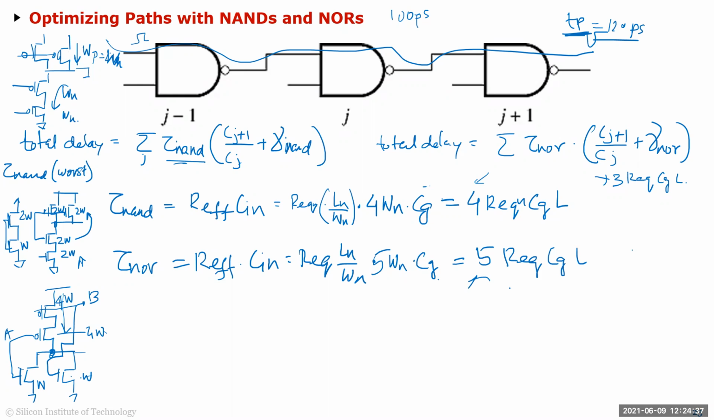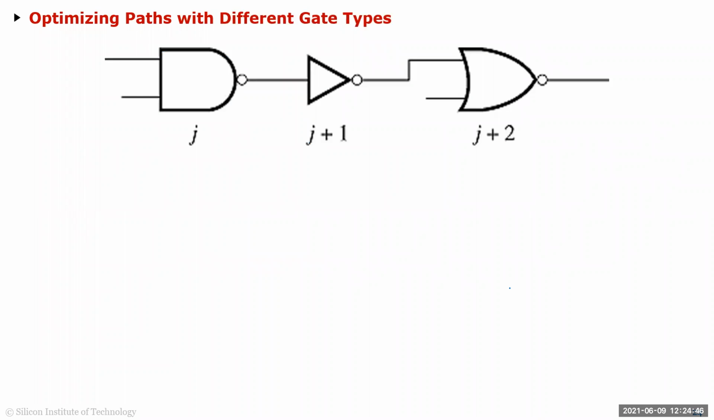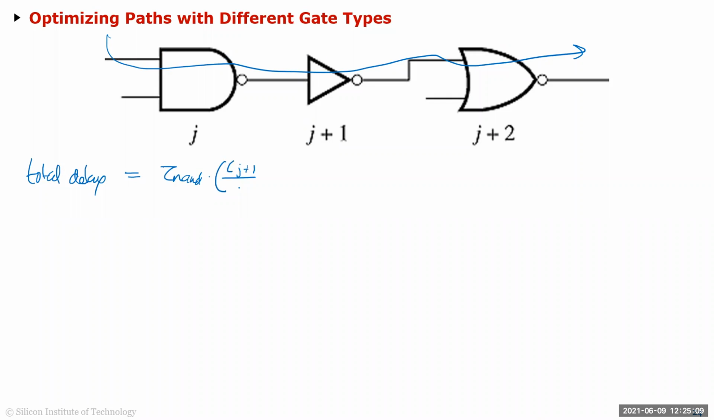Now let's look at an arbitrary path, right? So you want to look at an arbitrary path which has NANDs, NORs, and inverters. So for example, like as I said, if you're an STA designer, you might get a report and it'll say, okay, this path is actually your critical path. So then your total delay in this path here, I can write this as equal to the first one is a NAND, so I'll write it as tau NAND times Cj plus 1 over Cj plus the parasitic ratio of the NAND gate,